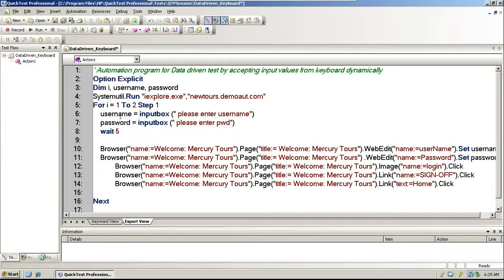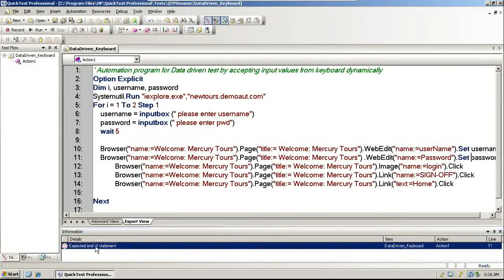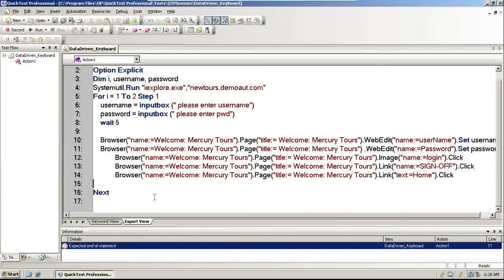So if the code is understood, I will run the program. Okay, expected end of statement, end of statement is missing somewhere.